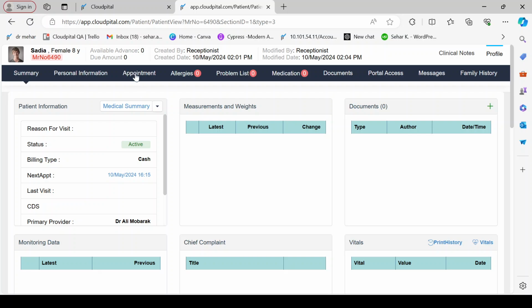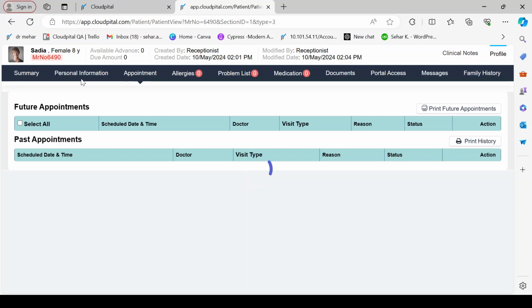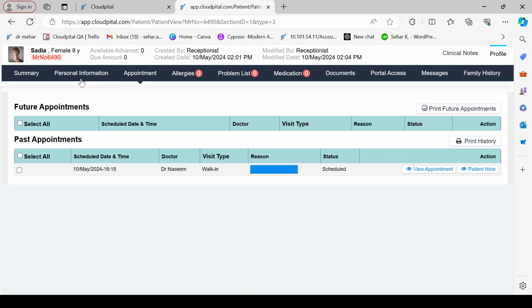In the appointment screen, under personal information, we add some personal data just like I did before. All of the appointments of this patient will be showing there. Currently I created only one appointment, so only one is showing. Their appointment date, doctors, visit types, reason, and status all show in the appointment screen.